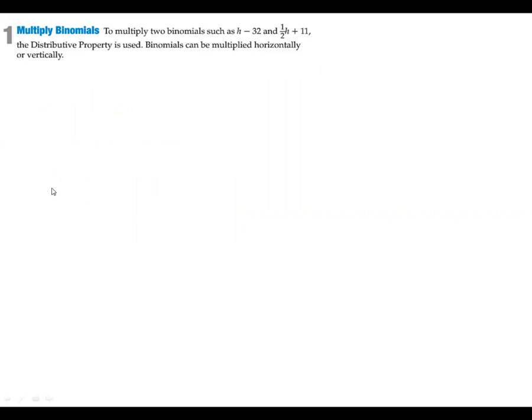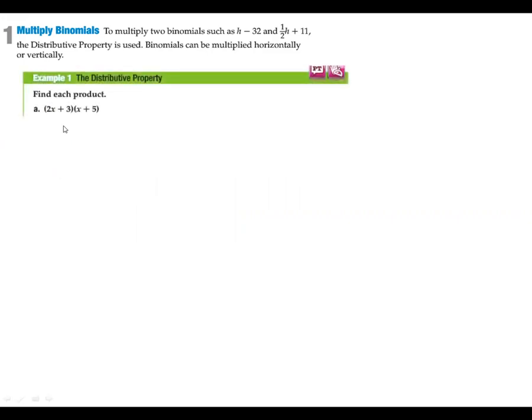And again, I prefer the horizontal method. I think the vertical method isn't as user-friendly. But we'll go over both, and you're free to use whichever one you want. So if I want to find the product, or multiply, 2x plus 3 times x plus 5,